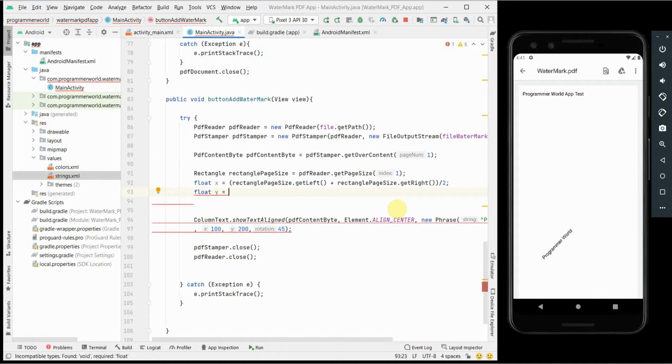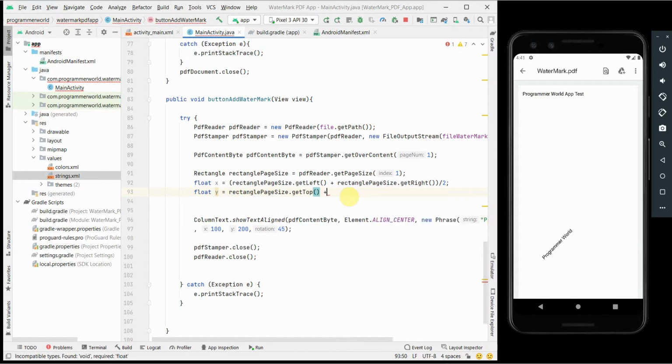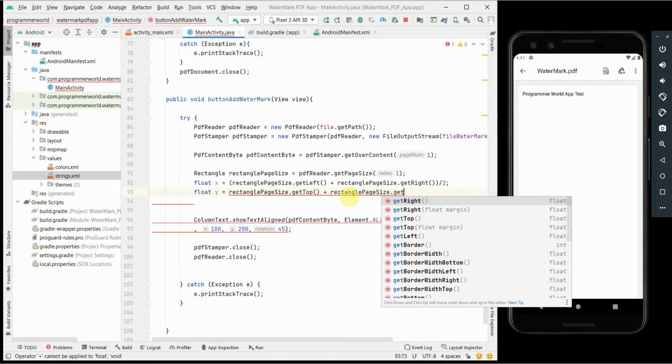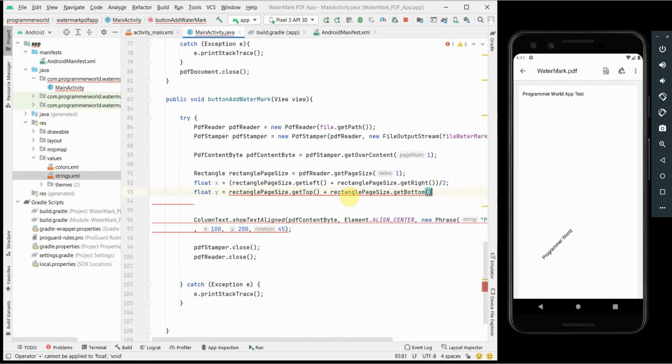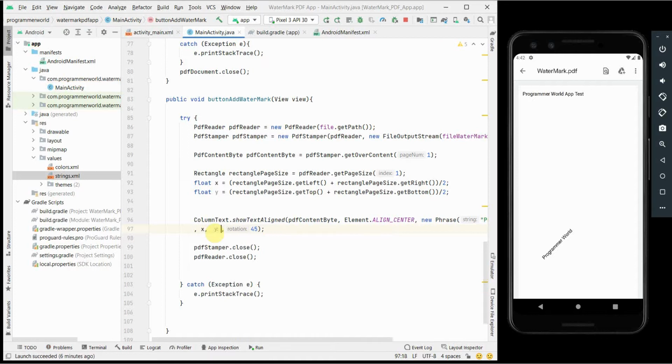Similarly for the y, which is my vertical position, we'll use the same variable, but this time we'll use top and bottom. So get top plus bottom, and by taking this average, it's pretty much safe that the chances of error are very less over here. And again I will divide by 2, and of course I missed one particular bracket on this side, so one bracket here. So this will give me the center position, so that's what I'll use. So x is what I'll use here, and then y over here.